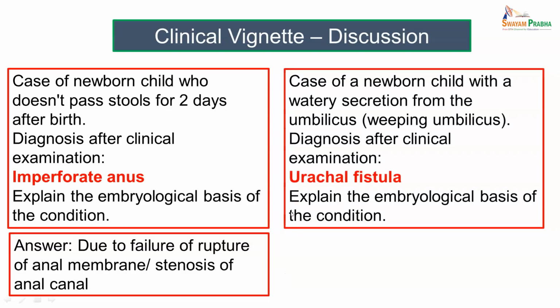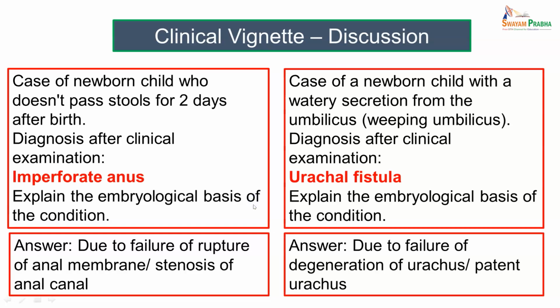Now let us look at the second case. This is a case of a newborn child with a watery secretion from the umbilicus, which is termed weeping umbilicus. After clinical examination, a diagnosis of urachal fistula has been made. And with your knowledge of embryology, you need to explain the embryological basis of this condition. And the answer is